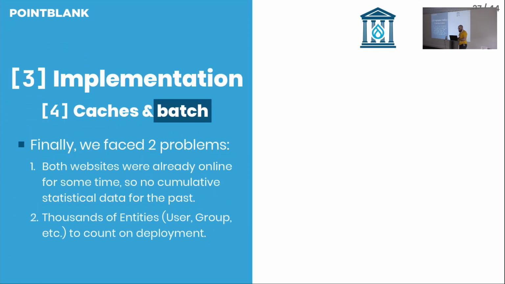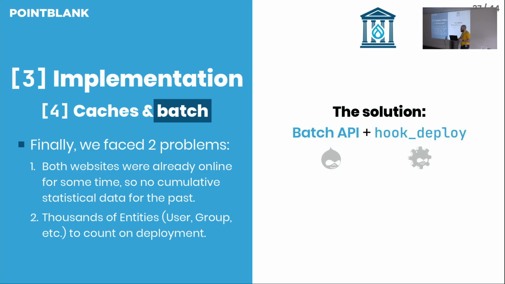But there were still two problems. The first one was that both websites were online when we were developing our module, so we needed to do some cumulative calculations for the past statistics. Moreover, both had thousands, if not more, of entities, so that had to be handled as well. And the solution came from the batch API provided by Drupal and the hook deploy by Drush. Hook deploy is a hook that is executed after all configuration is imported successfully to our website,